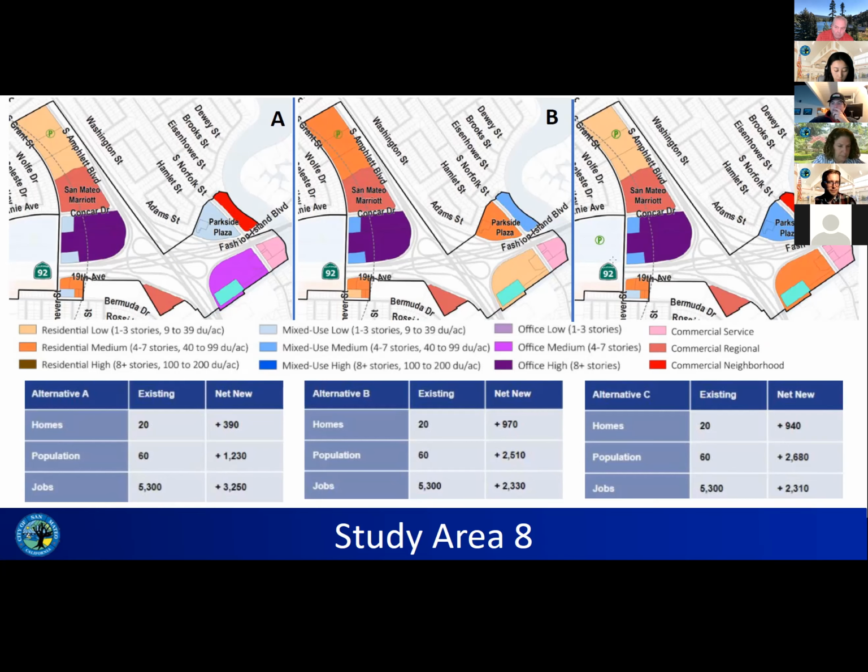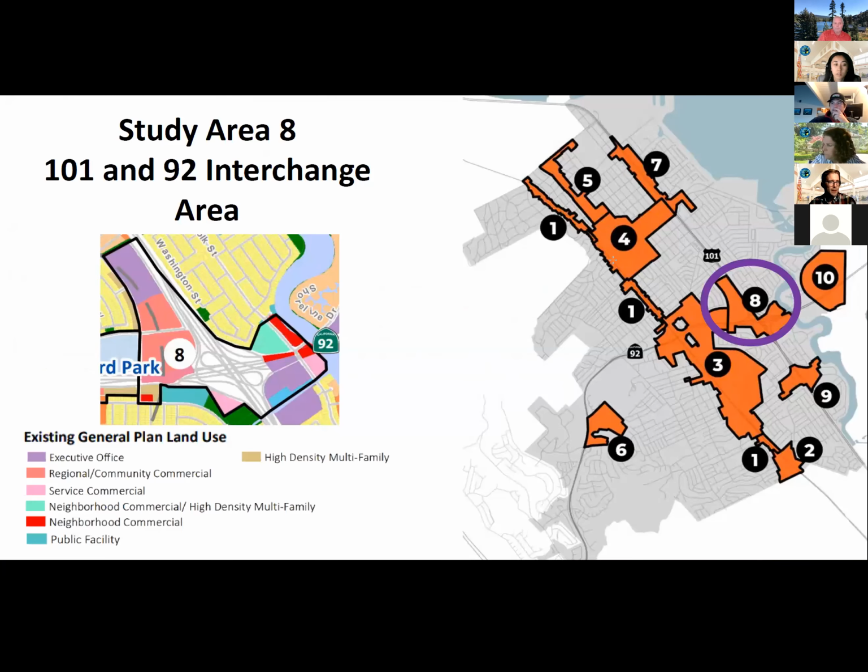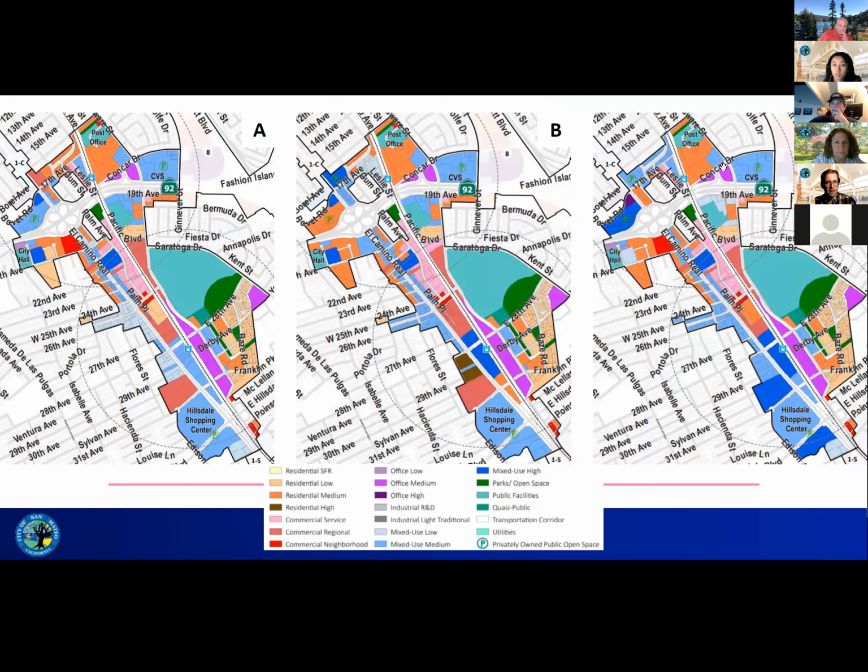Great. Just want to let you know we're halfway through the session. Okay. I'm going to put up the study area 3 comparison maps side by side so you can get a sense of the main differences, but happy to return to any of those alternatives in particular on any of the slides if folks would like to get a closer look at one. Or if we don't have comments, happy to go to study area 1 and folks can submit comments as we go as well. Let's go to the next session. If there's any comments or questions, I'll pop out. Okay.